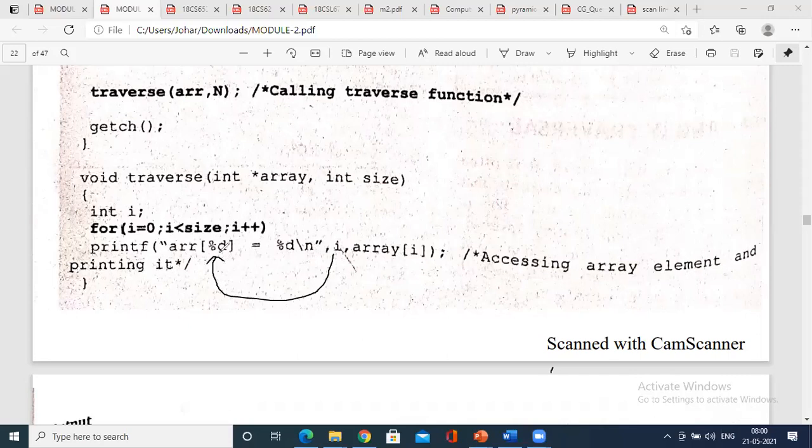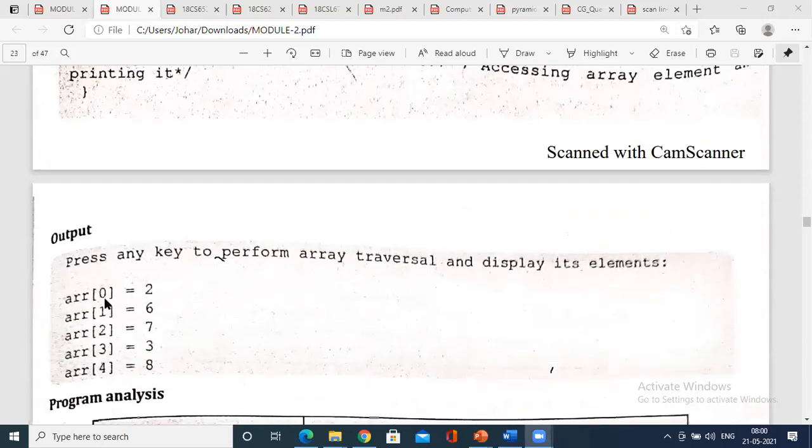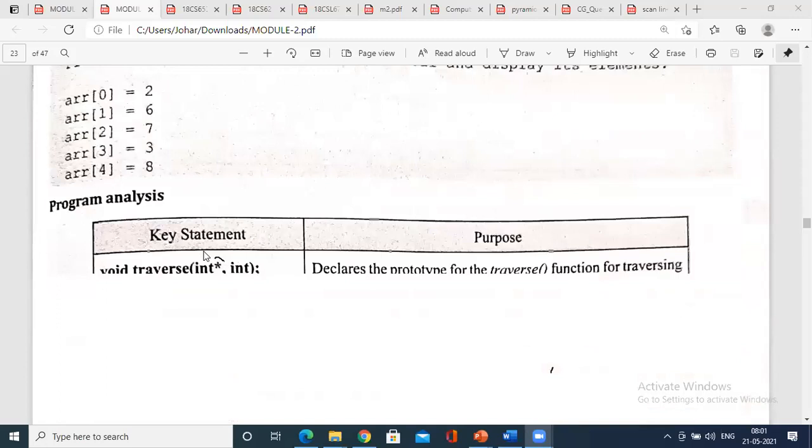With percentage d, array of 0 equals one more percentage d. What is that? The element of array of 5. That has to be represented. I'm just repeating this. I remember I completed this in the previous week. See, array of 0 is 1, equals 2. This has to be shown. This is how we do traverse. Traversing means fetching the data that is stored in an array. Okay.